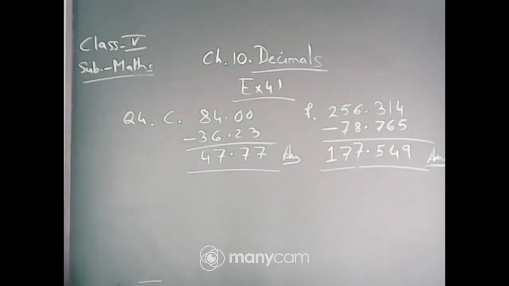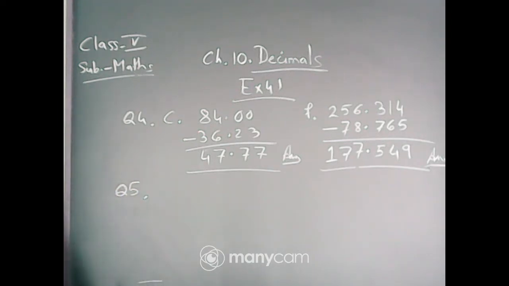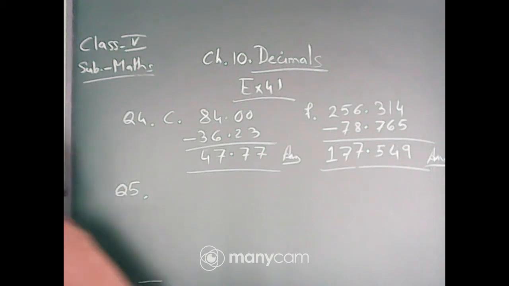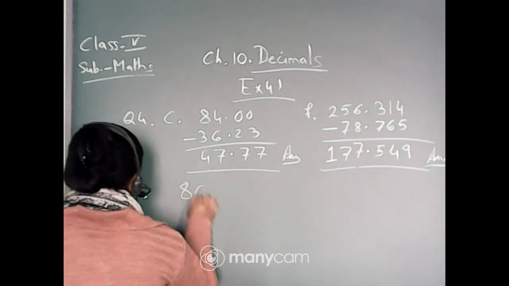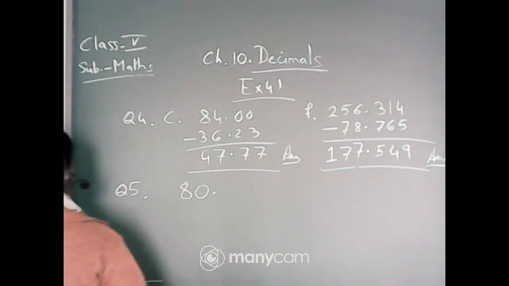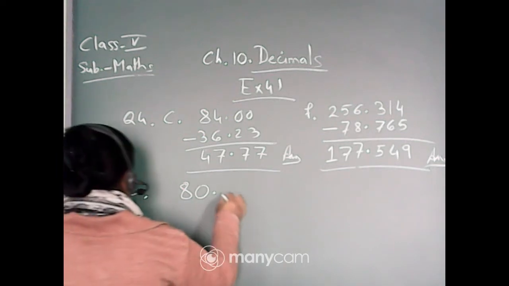Okay, now let us come to question number 5. Subtract. Here it is given in the horizontal form. You have to frame it column-wise and then subtract. See, suppose I am doing number B. It is given 41.6 from 80. Always you know that we write the number which is given after the word from first. So it will be 80.0.